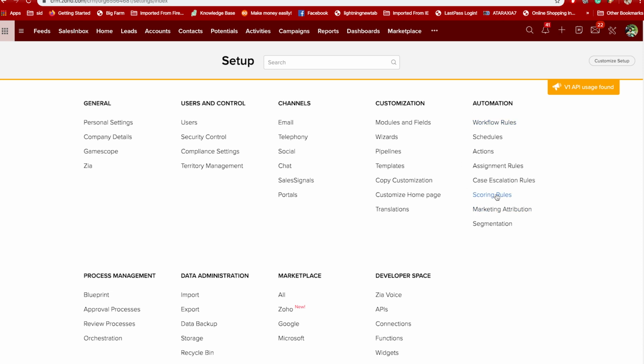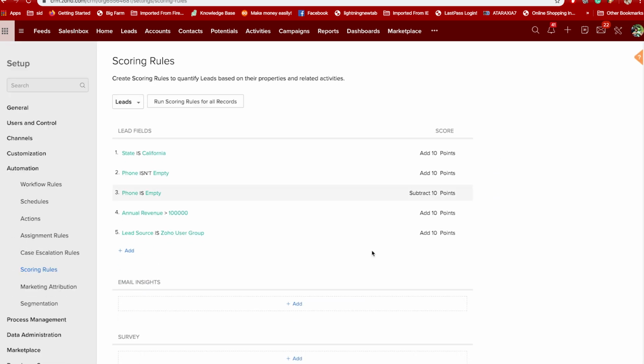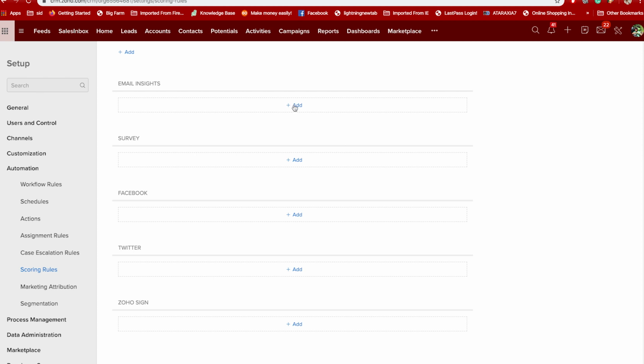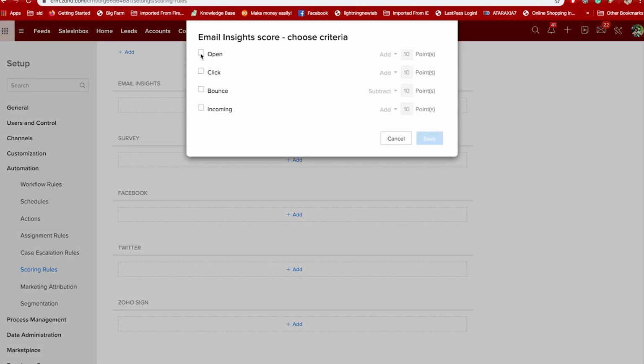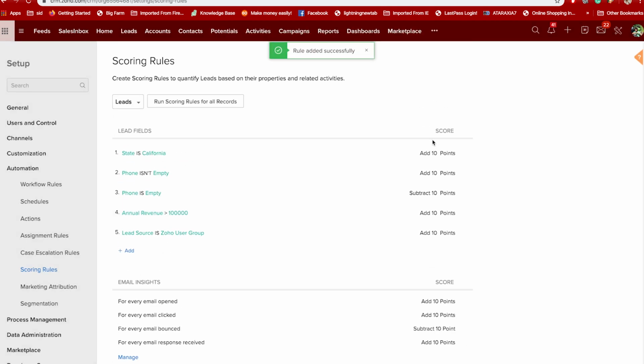On to scoring rules, and under email insights, I'm going to add my scores here. Subtracting for bounced, and save. Run it.